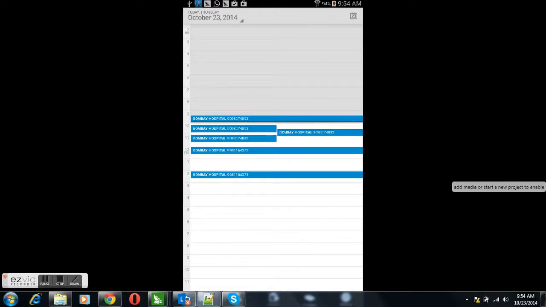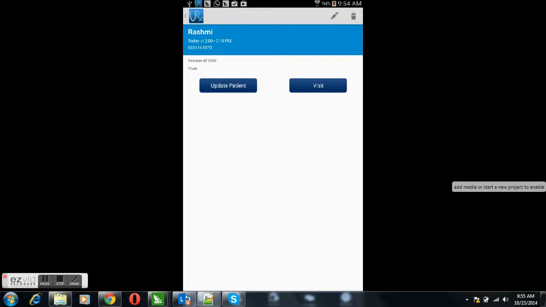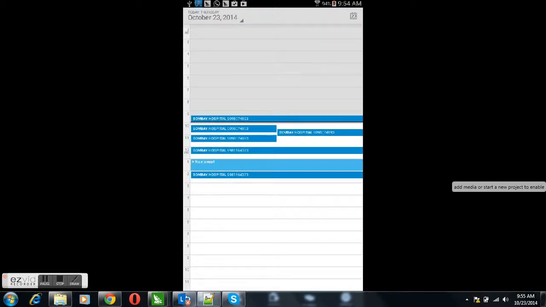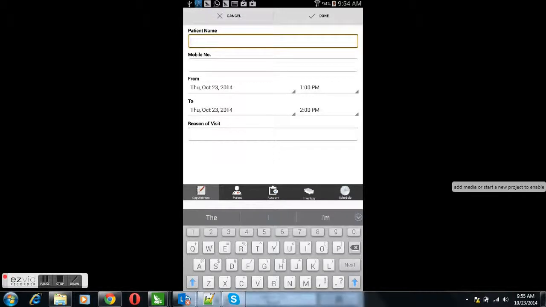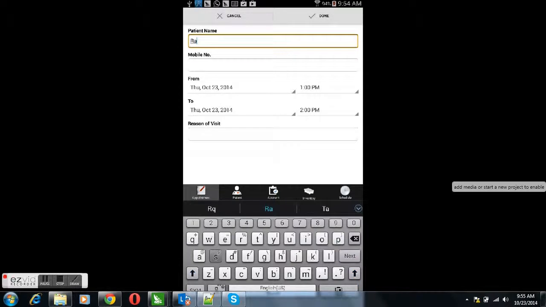Here you can see the blue boxes which indicate the appointments created for today's date, and here it is divided into slots of 1 hour. So let's click on any of the windows based on choice and try to create an appointment. We need to create it for 10-minute slots. However, the window is divided in 1 hour. As you can see, 1 p.m. to 2 p.m., we will make it 10 minutes.